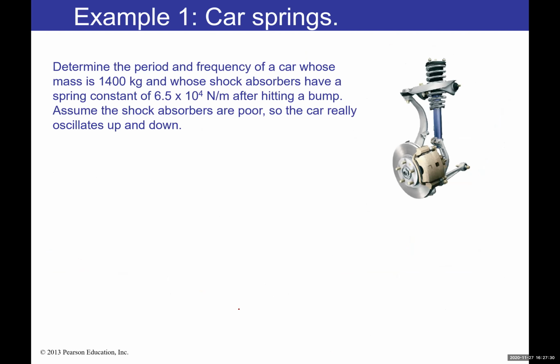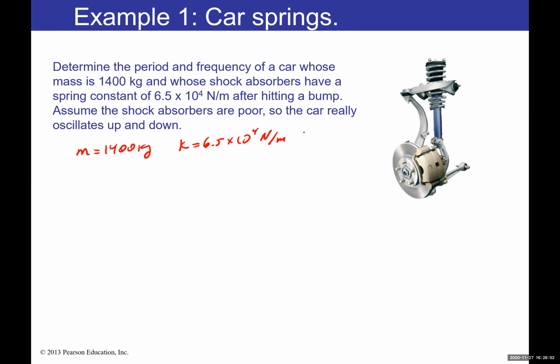All right, so let's look at a simple example over here. It says determine the period and frequency of a car whose mass is 1400 kilograms and whose shock absorbers have a spring constant of 6.5 times 10 to the 4 newtons per meter after hitting a bump. Assume the shock absorbers are poor, so the car really oscillates up and down. All right, so we are given the mass, which is 1400 kilograms. We're given the spring constant K, which is 6.5 times 10 to the 4 newtons per meter. And I want to find